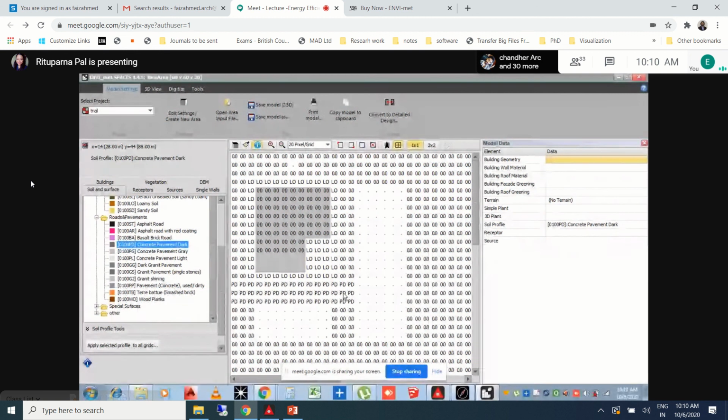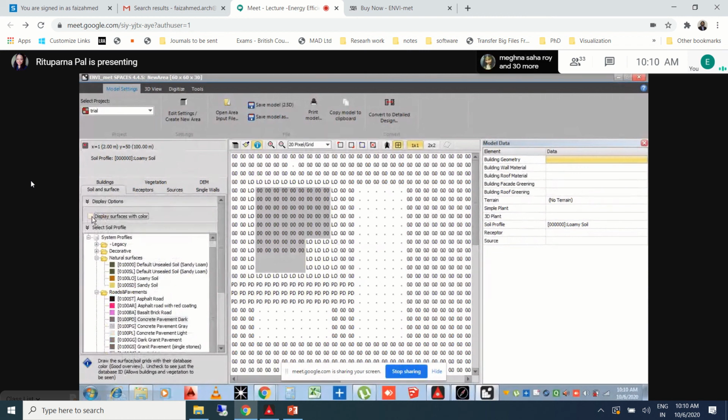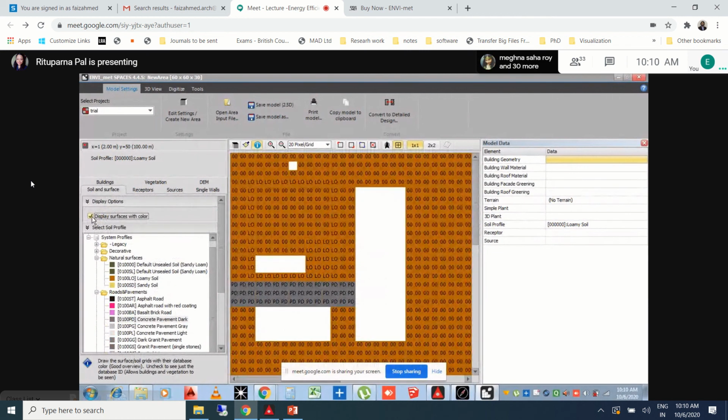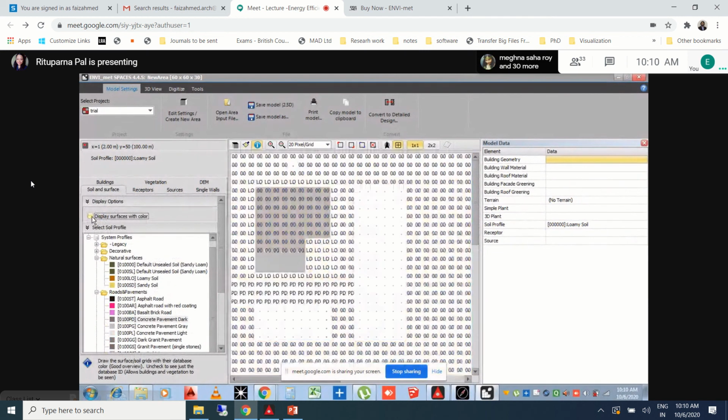Ma'am, one doubt. When we are placing the buildings and then coming to the natural surface, should we be able to see the outline of our building in the natural surface tab as well? Are you able to see the building? Once you deselect the display surfaces with color, you'll be able to see the building profile.